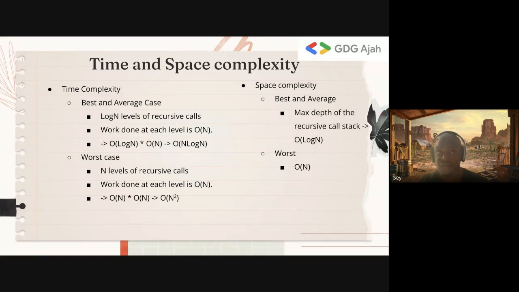But if we don't divide the array properly during recursion, we end up in n recursive levels instead of log of n recursive levels. And if the work done at each level is O of n, then our total time complexity becomes n squared. And that is where the difference between a balanced tree and a skewed tree is important.